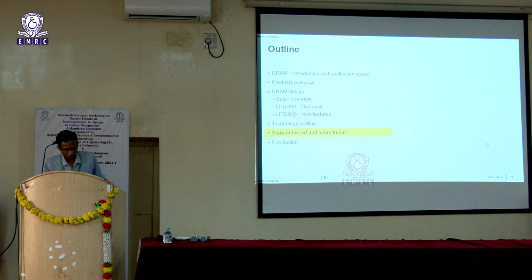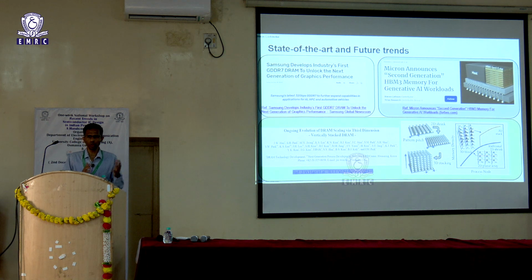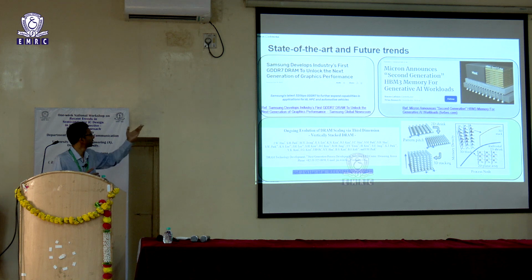So where are we on the current trend? So I talked about LPDDR4 and LPDDR5. Going forward, we will see LPDDR6, and that's on the low power front. And on the graphics front, I showed a chart where we said GDDR5 and 6, 6X. So we have started looking at GDDR7 as well. So this is an IEEE paper from Samsung on GDDR7. And on the HBM front, we are currently at HBM3. Going forward, it will be HBM4, HBM4E, and so on and so forth.